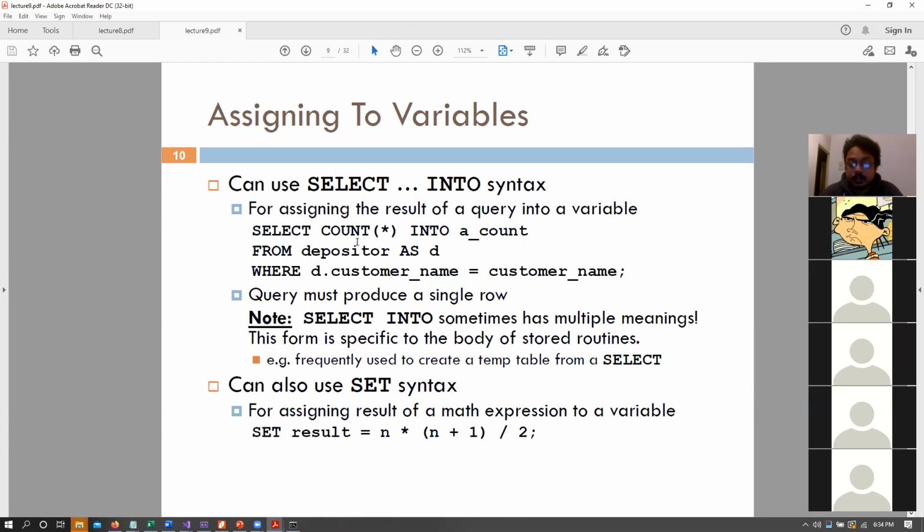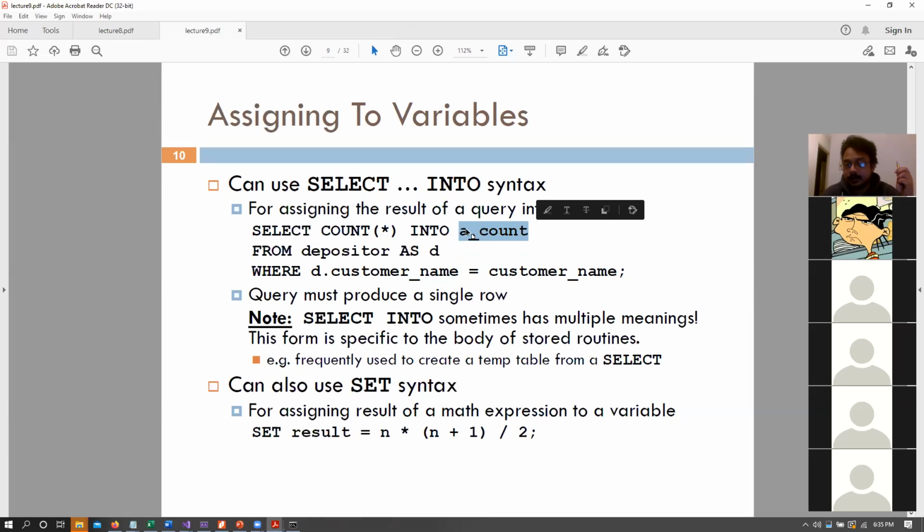So essentially we use the select into clause here to actually assign this particular value into this variable a count of ours, right? Initially, if you remember, the select into clause was used to create a new temporary table. However, this does not create a new temporary table. This just assigns this value into this variable a count.